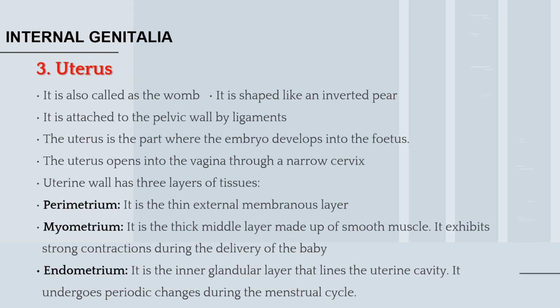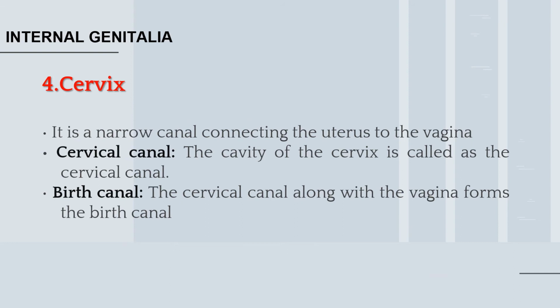The uterine wall is also made up of three different layers called endometrium, which is the innermost, myometrium is the middle, and perimetrium is the external layer. And then lastly, the part of the uterus is the cervix, which refers to the narrow cylindrical part of the uterus, which is the lower portion of the uterus, and the cavity of the cervix would be termed as the cervical canal.